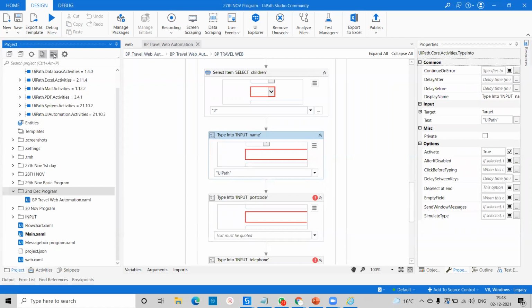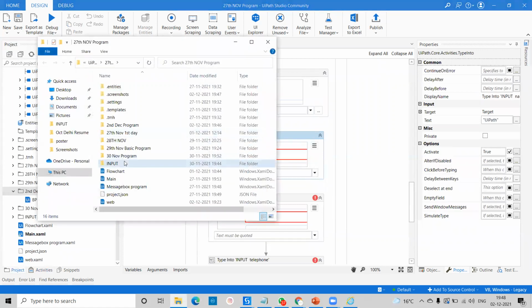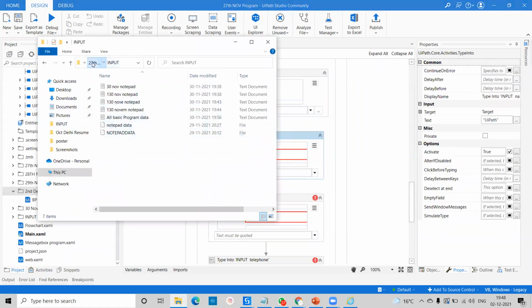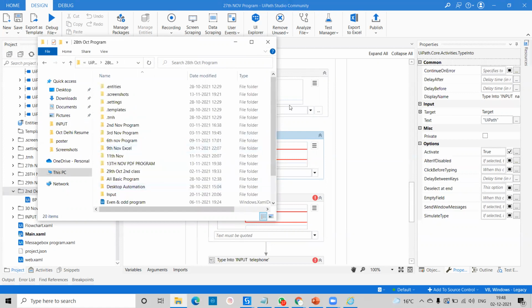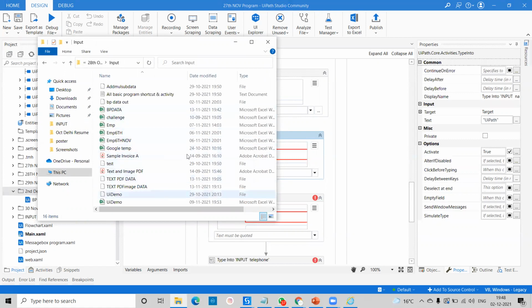Okay, let me come here. Let me show that Excel sheet. So in the input folder we don't have this in UiPath, that folder. Let me go here. Okay, so here this thing is called BP data.